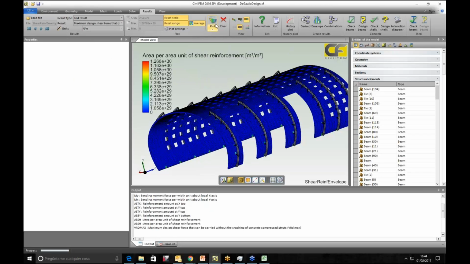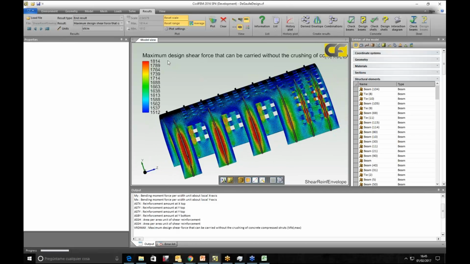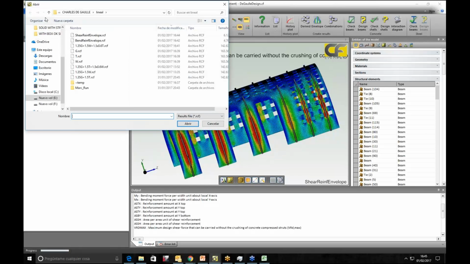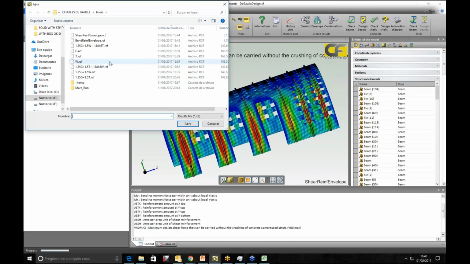If we plot it, we can see that the value is around 1,814 kilonewtons per meter in this zone. That is the maximum shear that this section could support, taking into account all the steel. This is almost 2,000, but if we plot the forces we have in this combination, the wind plus thermal combination,